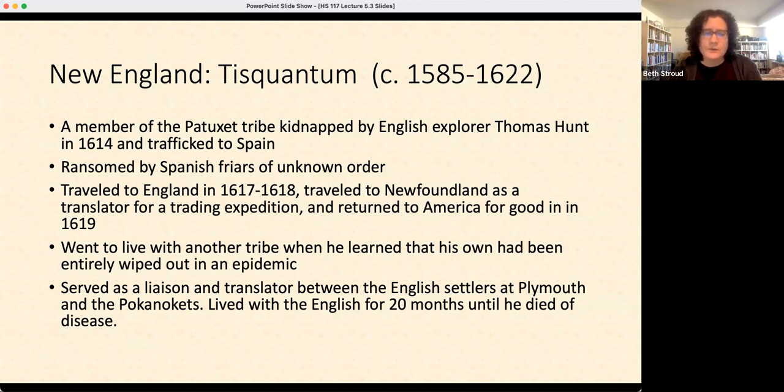And what you most likely know about him already is that he served as a liaison and translator between the English settlers at Plymouth and the Pokanokets. He lived with the English for 20 months until he died of disease. And his story